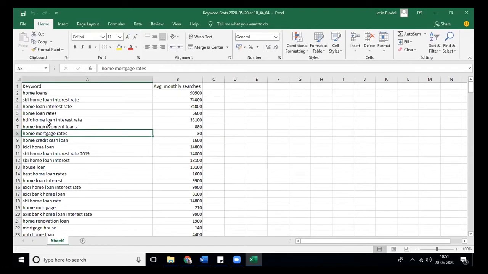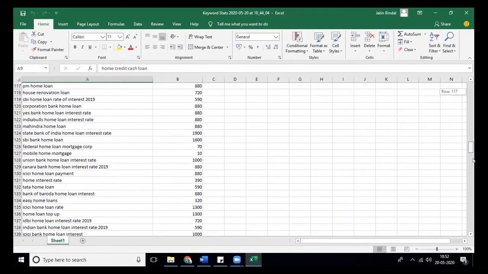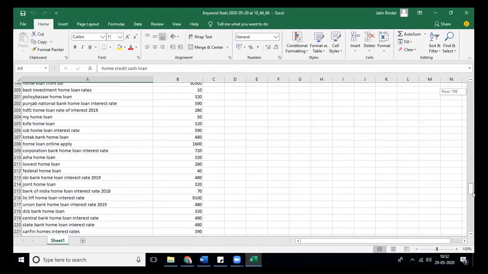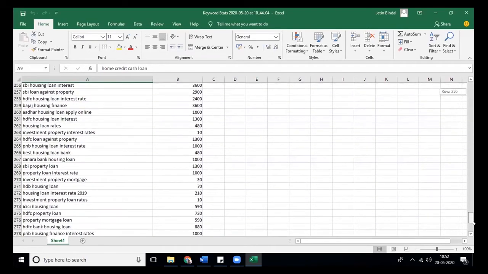Home improvement loans, I'm not sure is a relevant word or not. Home credit cash loan, is it relevant specifically to this product? Maybe relevant to some other product also, but is it relevant to this specific product or not?